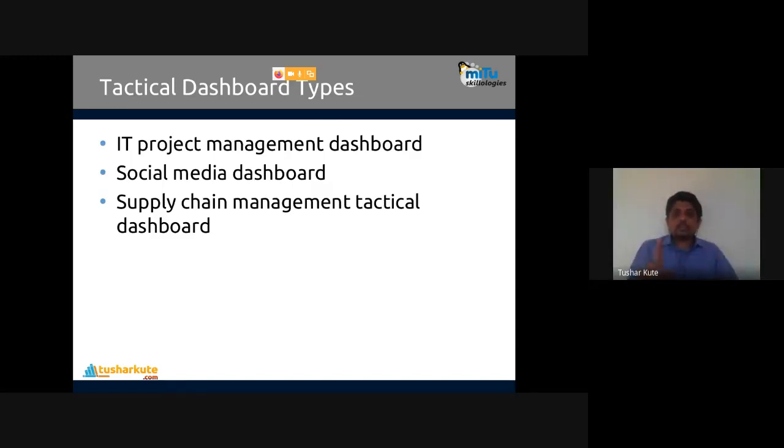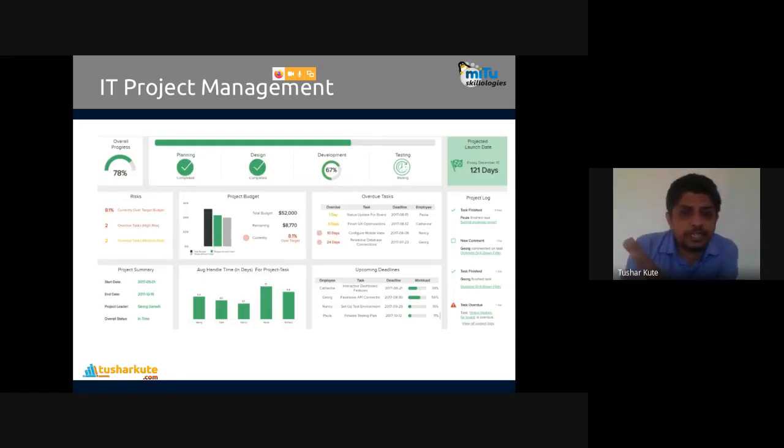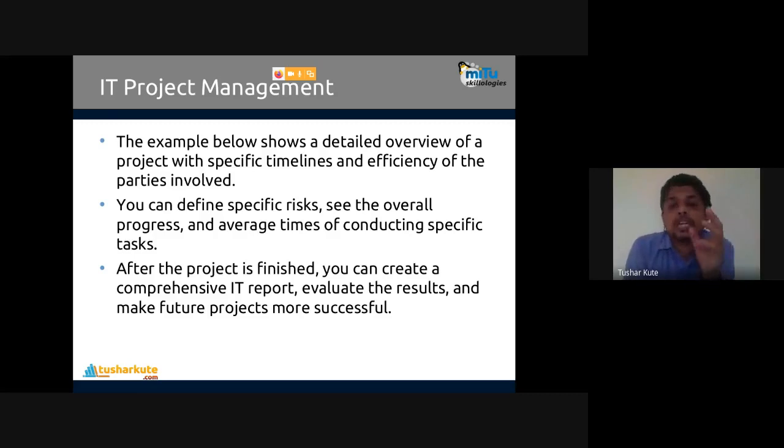These strategies will be decided by that. See, first one, IT project management. We are working on a project in an IT company, and how the progress of that project is going, we can see by using IT project management. Let's see an example of it. This is a simple example of a project. Remember, if you know the software development life cycle, multiple steps are there. Your project will start from first to second to third, fourth, fifth steps. So how it is progressing, which steps are completed, how many percent, which are not completed, and what time is expected to complete, those things we can see in the IT project management dashboard.